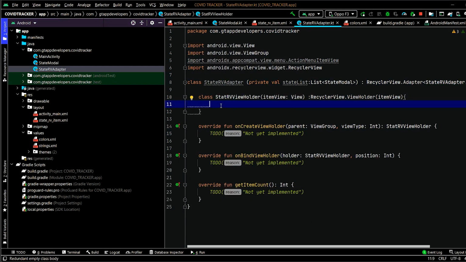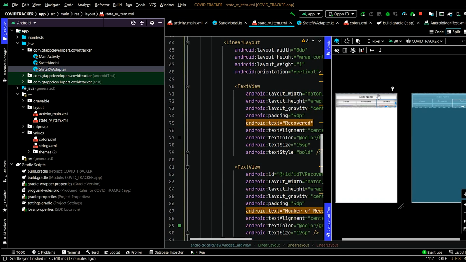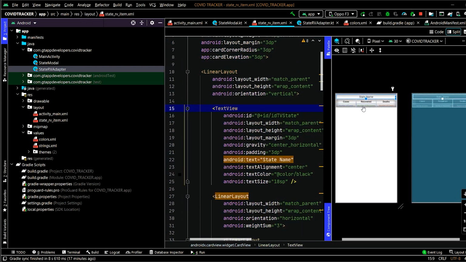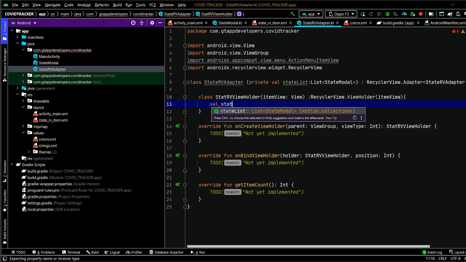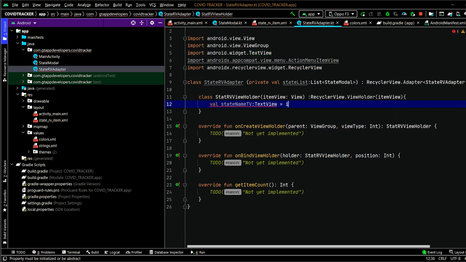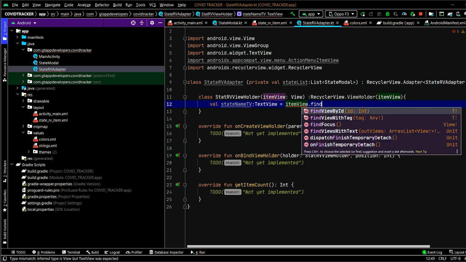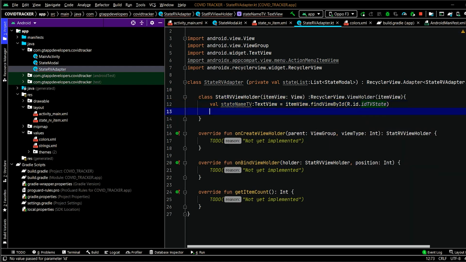Now inside the view holder class, we will create the variables that is for the text view which we have used in the state rv item.xml file. So we will be using these three variables, that is state name, number of cases, number of deaths, and number of recovered. So we will create three variables for it. So for creating variables, we simply have to write val state name tv, text view, item view dot find view by id, id tv state.